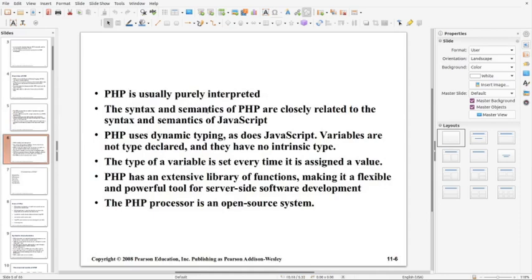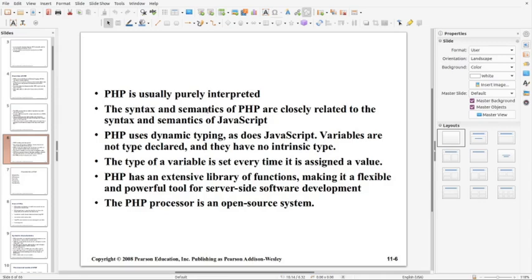And PHP is usually an interpreted language, and the syntax and semantics of PHP are closely related to the syntax and semantics of JavaScript. PHP uses dynamic typing similar to JavaScript, and variables are not type declared, and the type of the variable is set every time it is assigned a value.